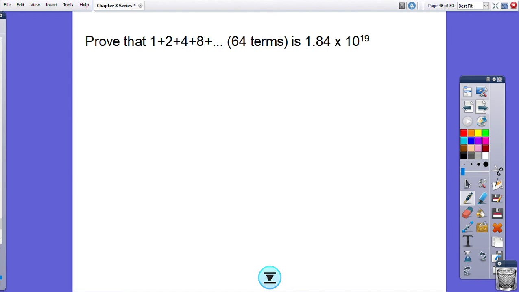And the person of low rank, the peasant, turns around and goes, "Right, I'll tell you what, give me a grain of rice on the first square of the chessboard." And the king goes, "Yeah, right, fair enough." And then the peasant goes, "And on the next day, give me 2 grains of rice on the next square of the chessboard. And then on day 3, give me 4 grains of rice. And then on day 4, give me 8." And the king's thinking, what an idiot. That's easy. I mean, 16 grains of rice, 32 grains of rice, 64 grains of rice, tiny. And all I've got to do is fill up the